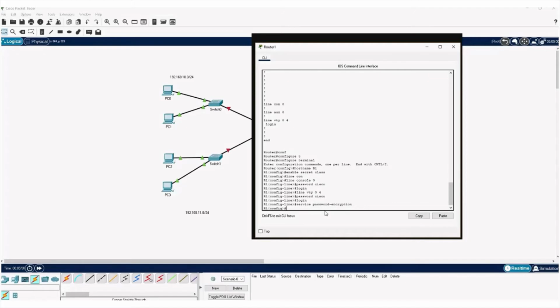Okay, and there's banner motd we haven't done yet. Yes, I spelled it American. Don't think there was much else, was there? Oh, line vty, wasn't there? It was actually looking at the